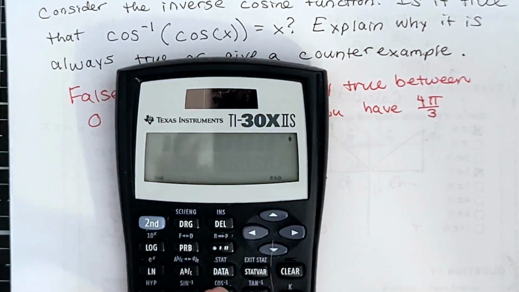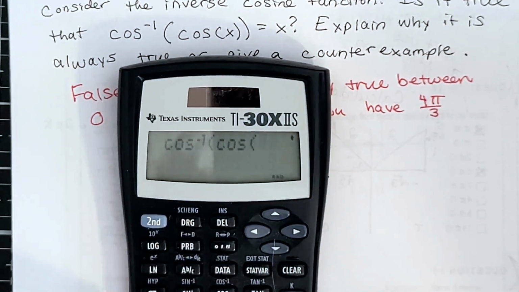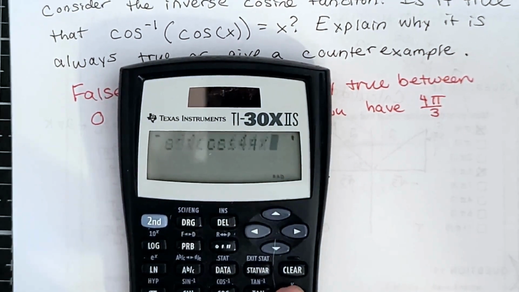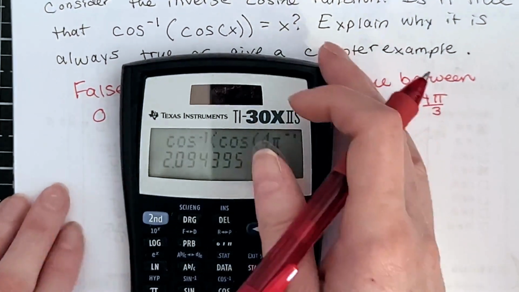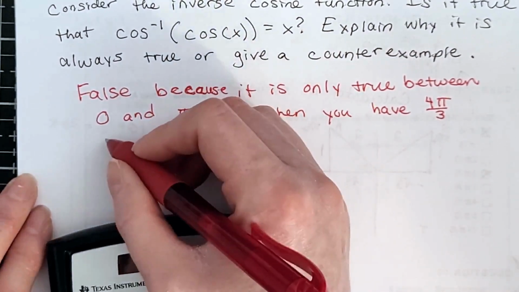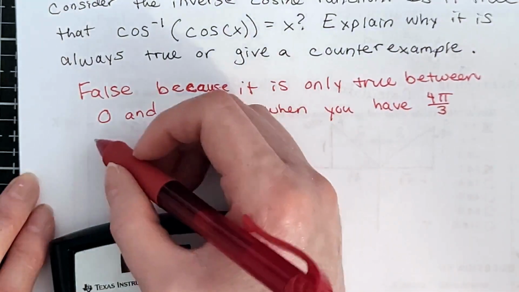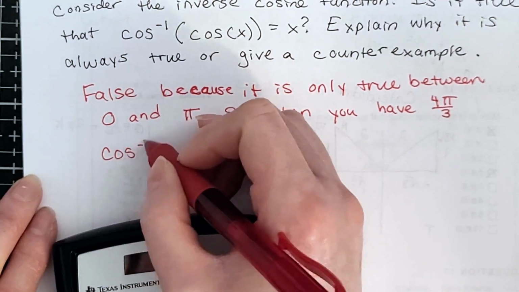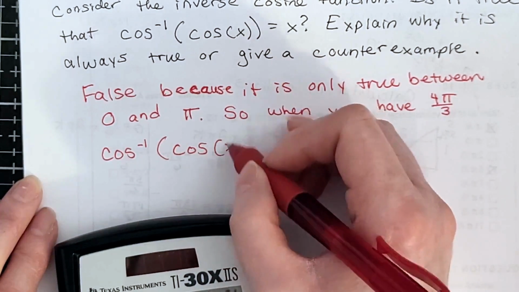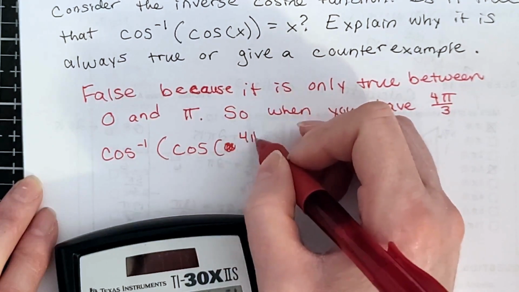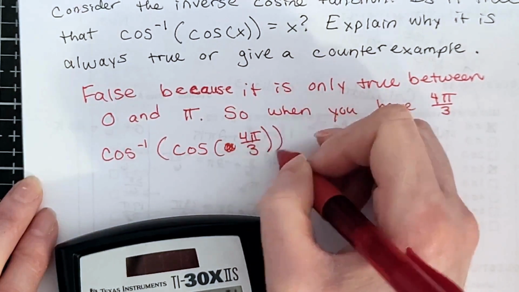Okay, cos inverse of cos of 4 pi divided by 3. Okay, so when you have that, the cos inverse of cos of x, well, not x, this time it's 4 pi over 3, equals